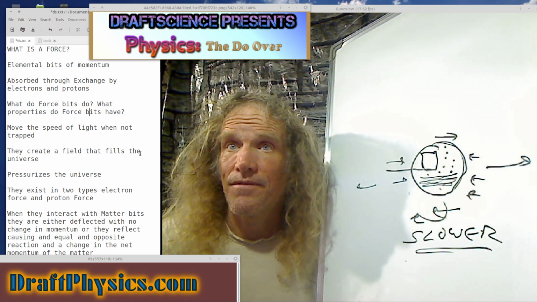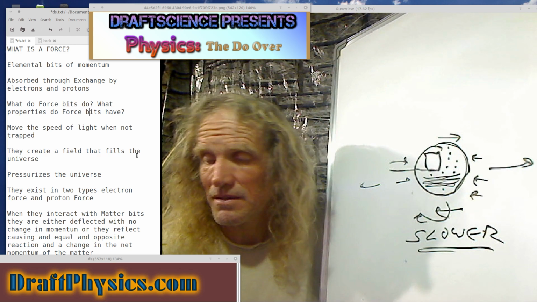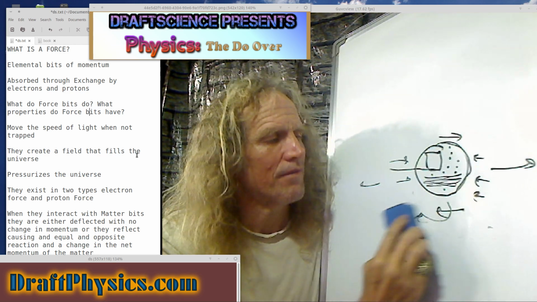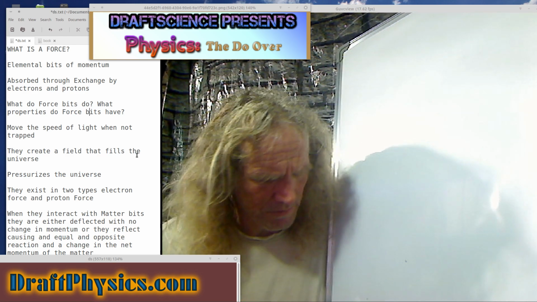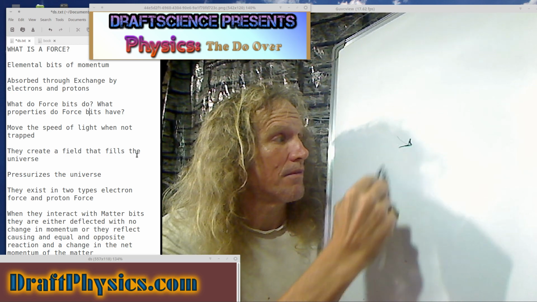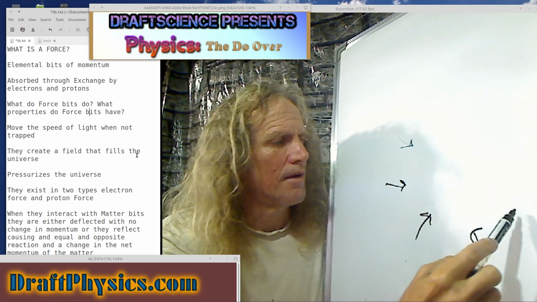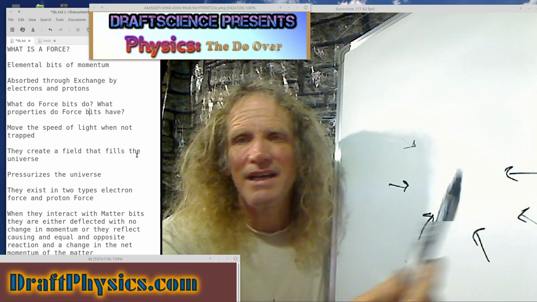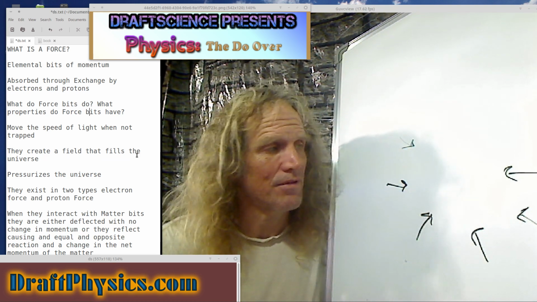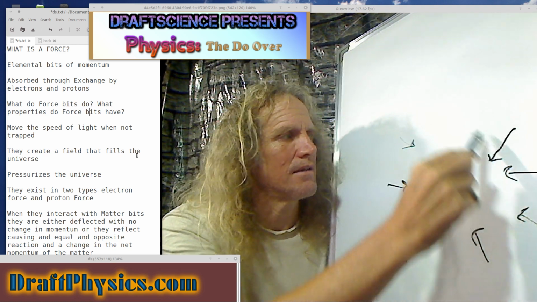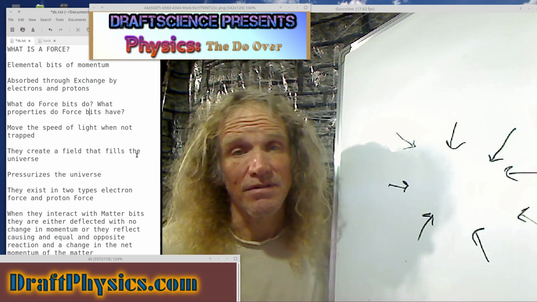They create a field that fills the universe. So these bits of force, we know they exist in the sense of this, like I said, whatever you want to call them, these waves of force. In the sense that there's this cosmic background radiation we already know about coming from all directions in space in somewhat equal proportions. They show these new images now that have gradations, but the gradations are tiny percent differences in the amount of energy, not big differences. So tiny that you could argue that the margin of error is what the differences are created by.